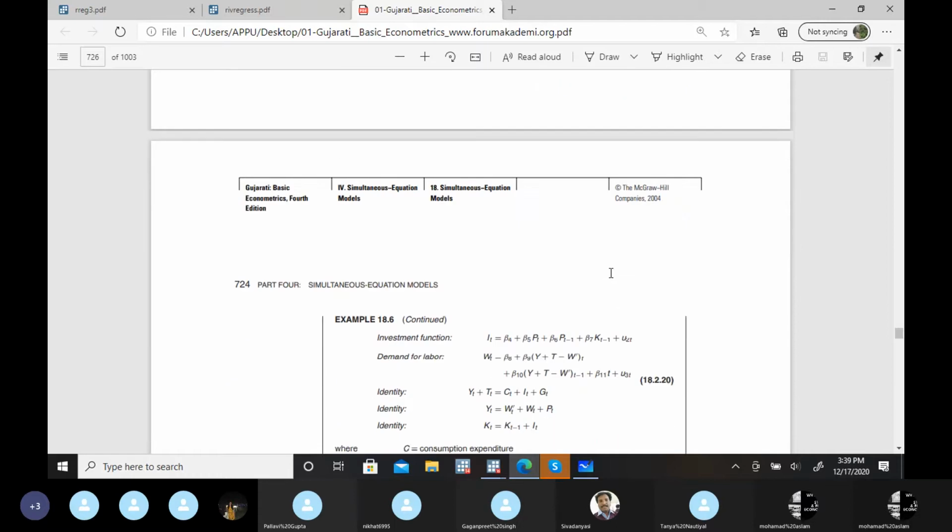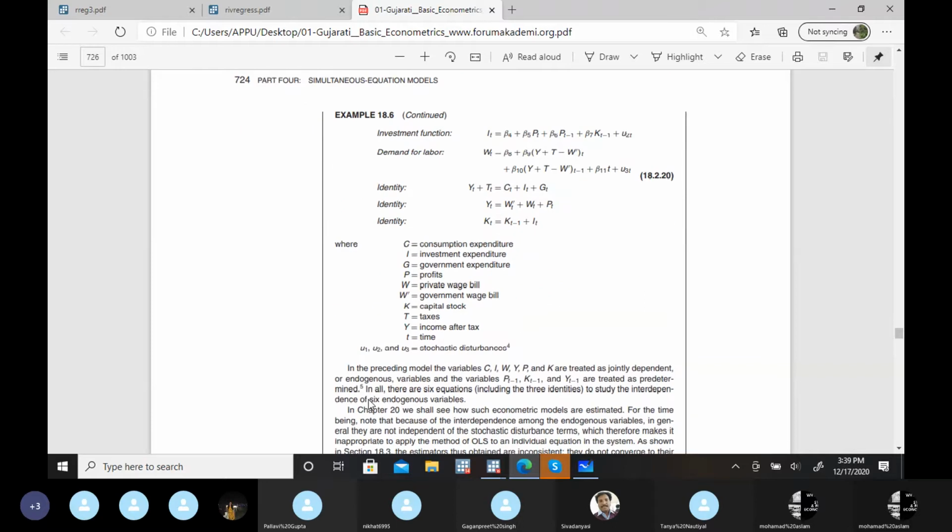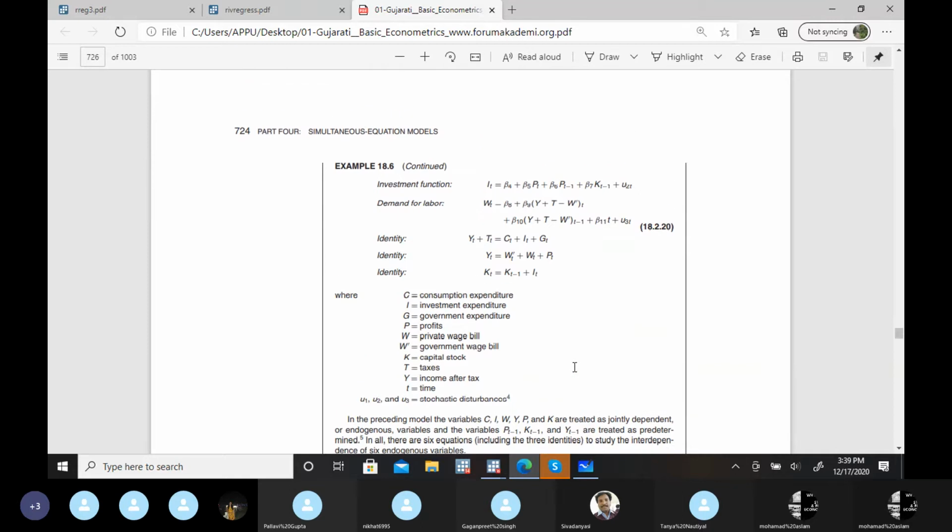In that case, it's over-identified. Some mistake is there. KT minus 1, 1, PT minus 2, PT 3. Okay, yeah, this wage is now, yes. They have not mentioned, since now they're using wage on both sides. They have mentioned here 5 jointly dependent variables and only 3 predetermined variables. Now, I don't know how it happened in this model.